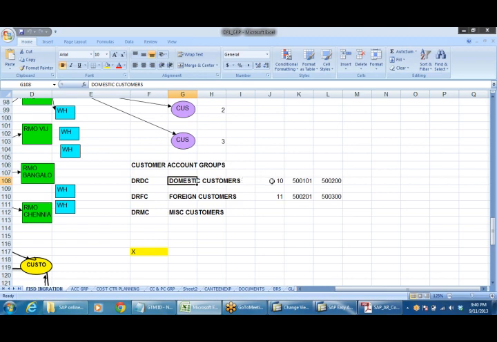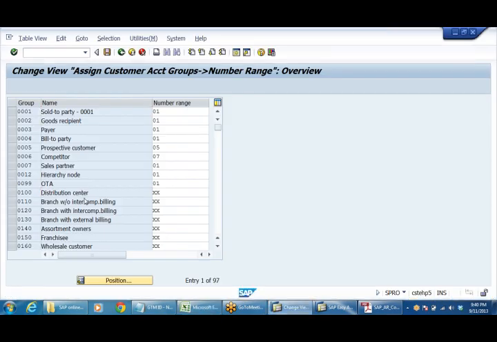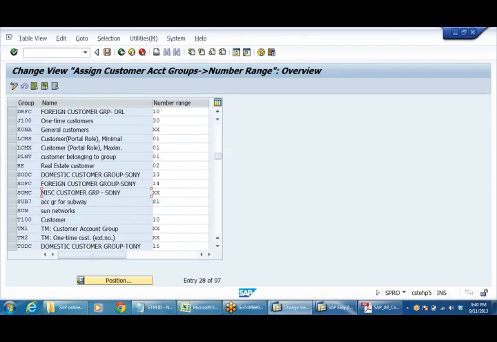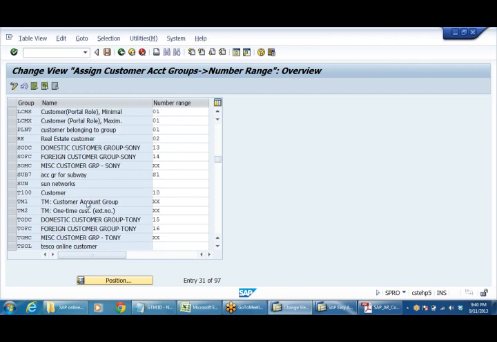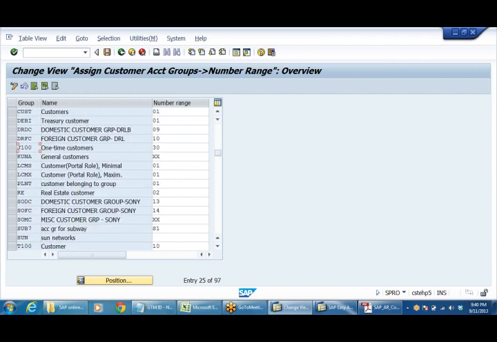So my group name is DRDC, that is Dr. Reddy's Labs domestic customer group, and similarly the foreign customer group for DRL. So we have created 2 groups.